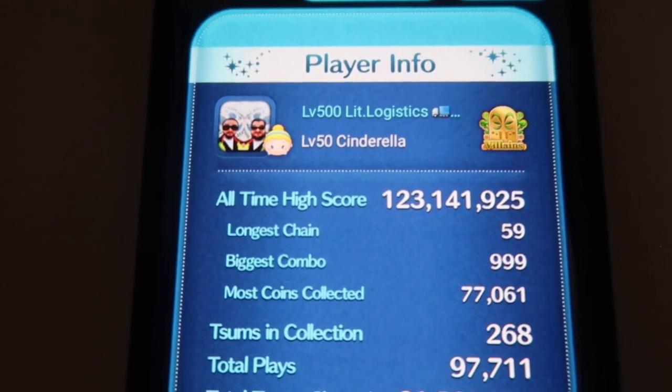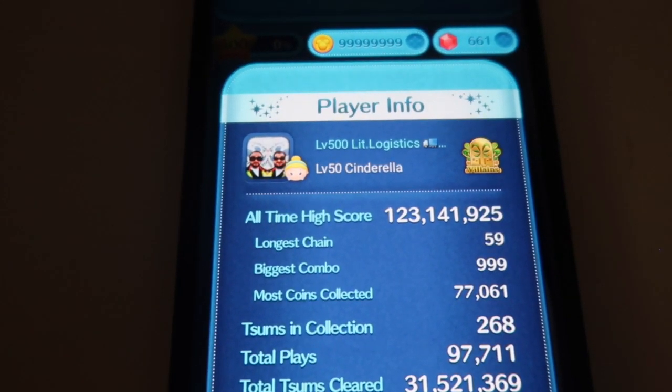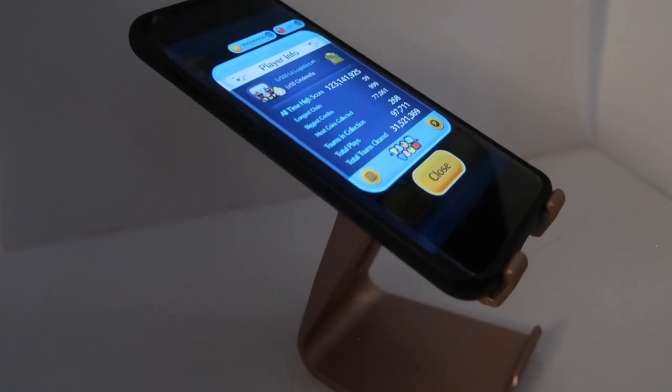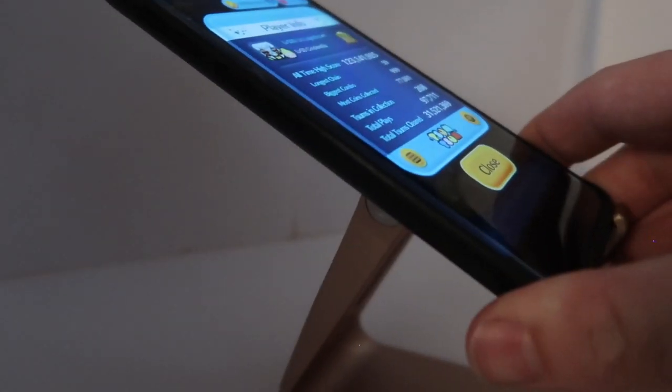I got my best scores actually playing in my truck at work, propped up on the truck's steering wheel. So it was no longer flat on the table like this, it was actually sitting angled like this, kind of like an easel on a canvas. In that case, you can try a phone stand like this one where you can rotate the angle of the phone